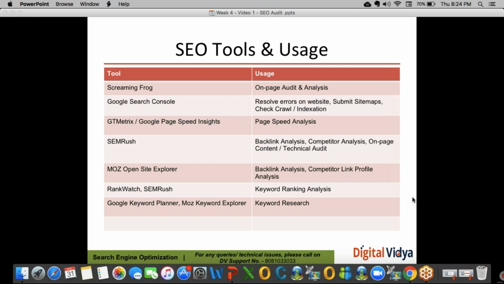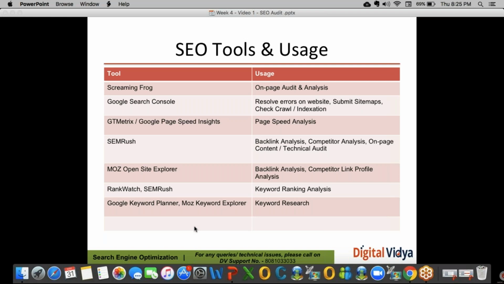All right. So that is more about the keyword ranking analysis. And then we have Google Keyword Planner, which is also a must-have for keyword research. Moz has also introduced their Keyword Explorer, but it's still in beta, so not everyone is using that particular tool. Google Keyword Planner still holds the number one position when you talk about keyword research. So these are some of the best tools available in the industry and their usage.